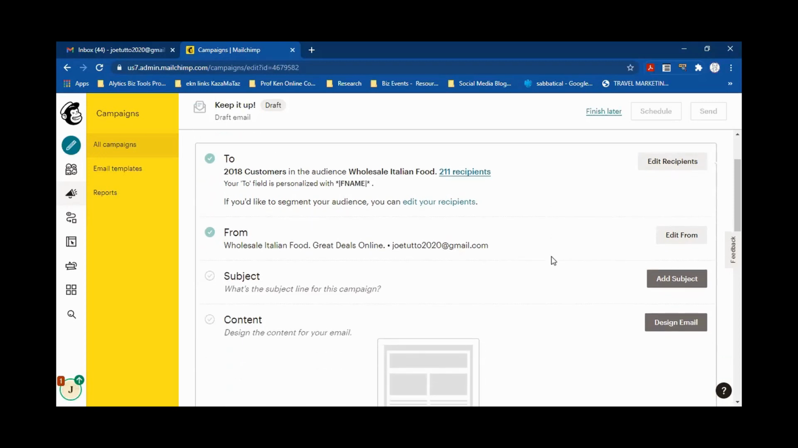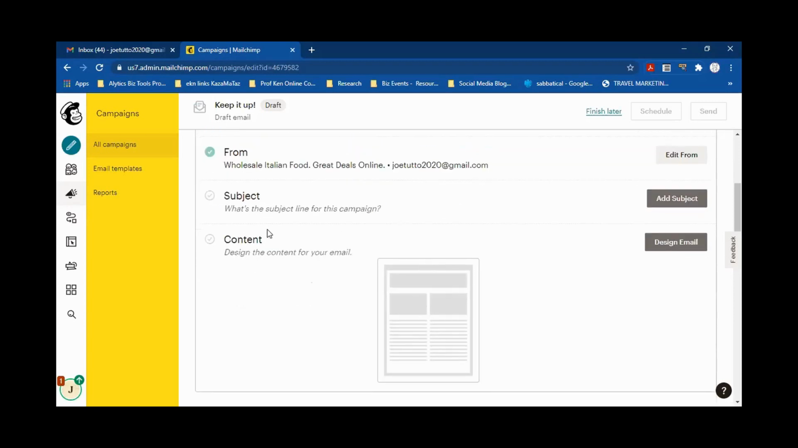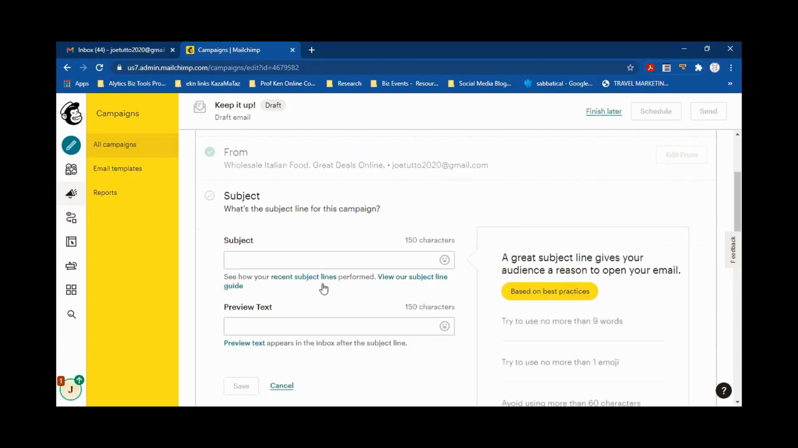Okay, so here's the from. We can edit that if you like. It automatically will put the name in here that you have the account attached to. And now we can add a subject. So let's add a subject. Now remember, we practice writing email subject lines, and you want to try to be catchy or something like that. So we can say, hey,